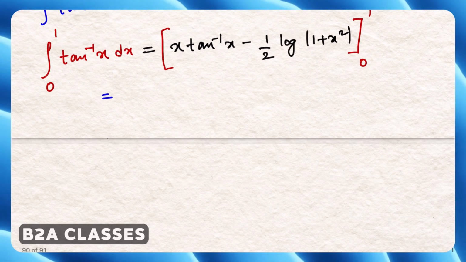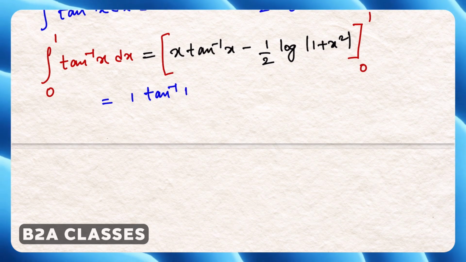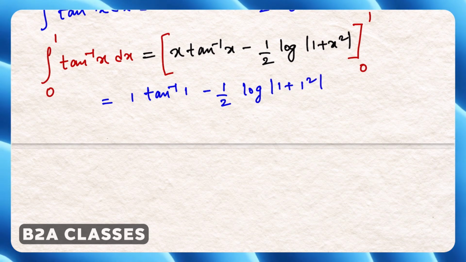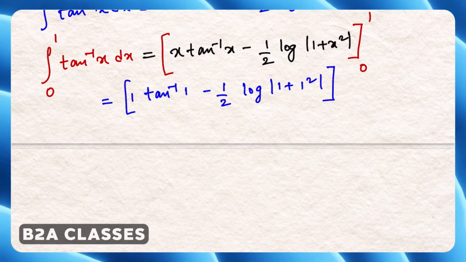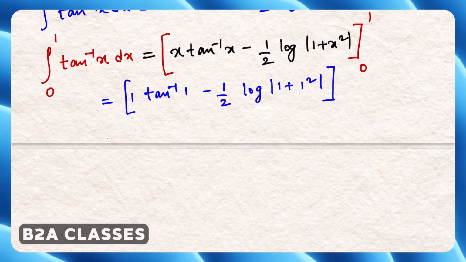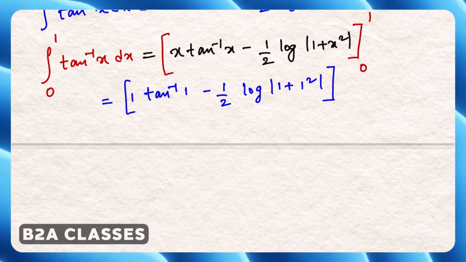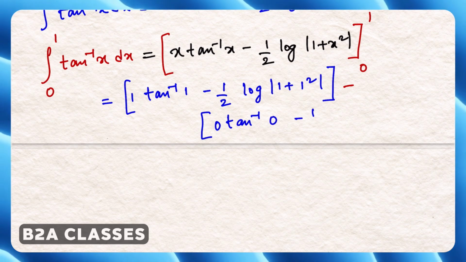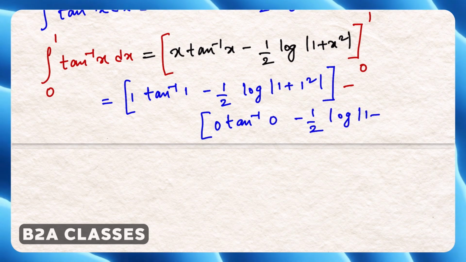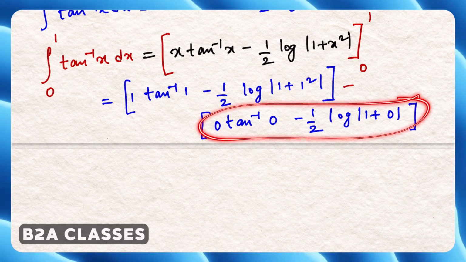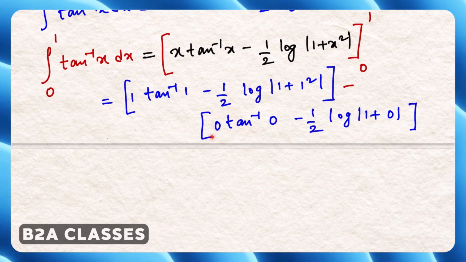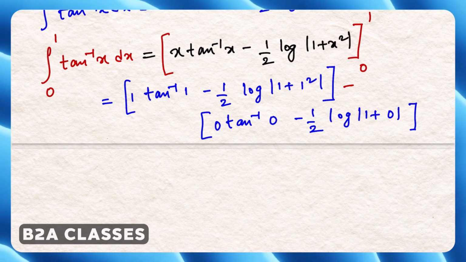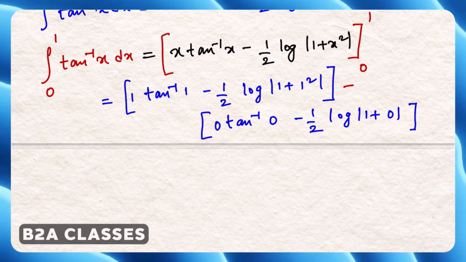So if I put upper limit, I will get 1 into tan inverse 1 minus 1/2 log of 1 plus 1 square. तो यहाँ पे हम क्या किया, 1 पुट कर दिया, यहाँ पे 1, यहाँ पे 1 एंड यहाँ भी 1 पुट कर लिया। नाउ लोअर लिमिट पुट करना है विच इज 0। सो माइनस 0 इंटू tan inverse 0 minus 1/2 log of 1 plus 0। सो इफ यू सी दिस, ये 0 बन जाएगा क्योंकि ये पूरा वैल्यू 0 है। 0 इंटू tan inverse 0 इज 0 एंड 1 प्लस 0 इज 1 एंड log 1 इज 0। सो ये जो पूरा टर्म है ये मेरे को 0 मिलेगा।